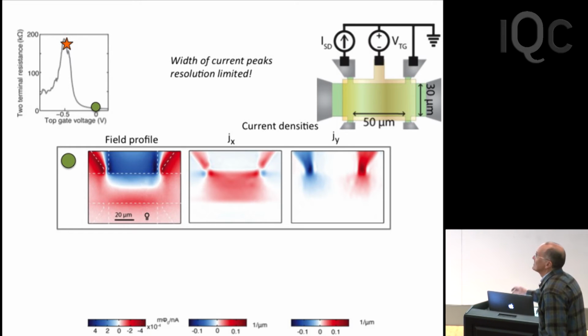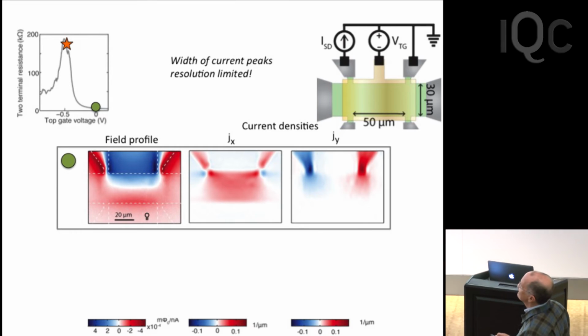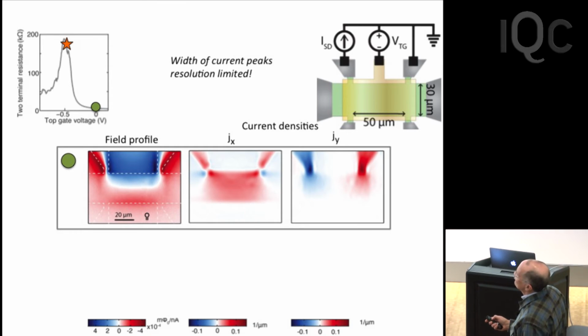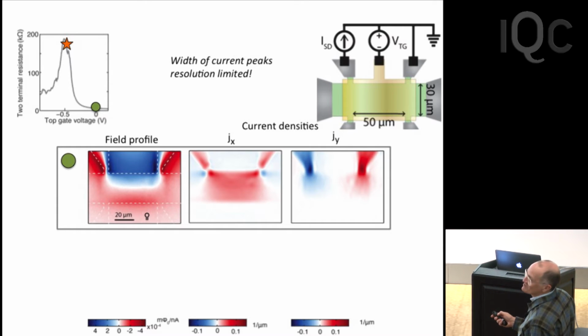If you put the Fermi level in the gap, then what you see is very localized current along the top edge. So it goes down, it goes across the top edge, goes up, but then it also sneaks around the outside of the sample because it has to flow along the edges. The bulk conductance is pretty well frozen out.